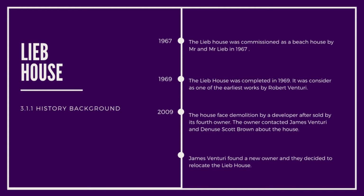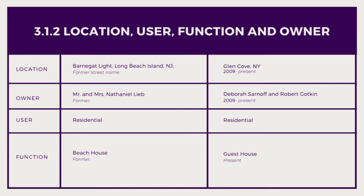Furthermore, the Lieb house was commissioned by Mr. and Mrs. Lieb as a vacation house for their family. The house did not have any major changes since 1969 when it was completed, until in 2009 it was sold by its fourth owner and the new buyer intended to tear it down for new development. Gladly, the house got a new owner and regained a new life as a guest house at Cliff Cove,